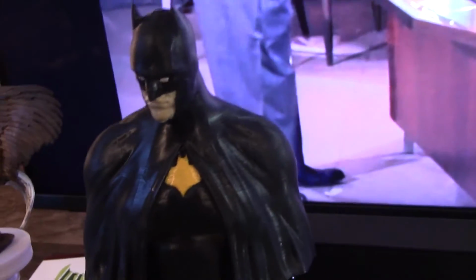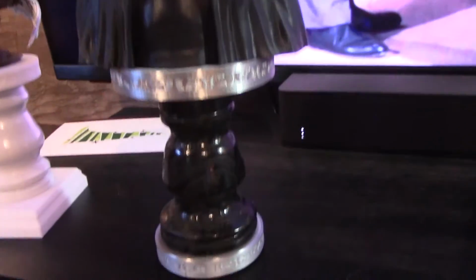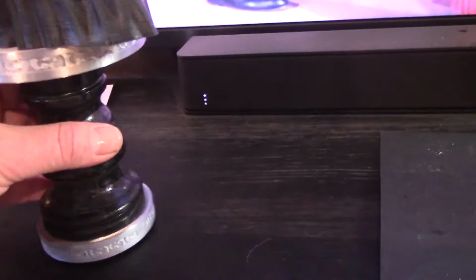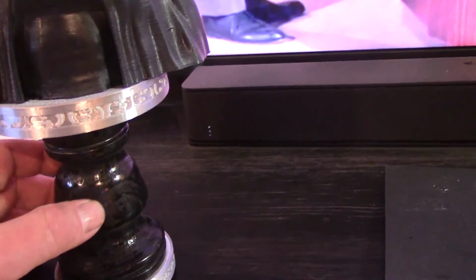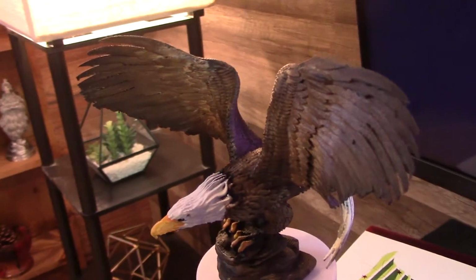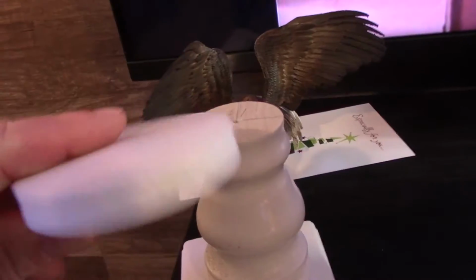Here's one of my first that I did, this Batman one. And really, the concept's just been evolving here. Because what I really wanted to do was be out in the lathe making my bases. So this one's put together, but this is a poplar. I had a 4x4 piece of poplar, so I've been using that to turn my bases. There's another eagle. This was another cool file, and the paint up came out pretty nice on it. This one's separated, it's not put together yet, so we have my base files 3D printed,